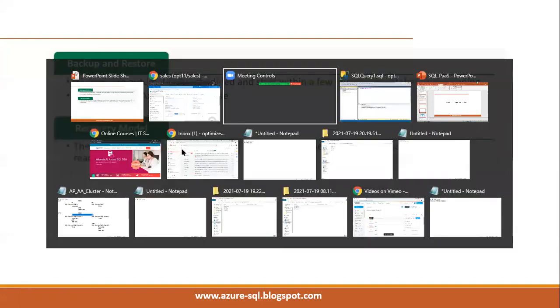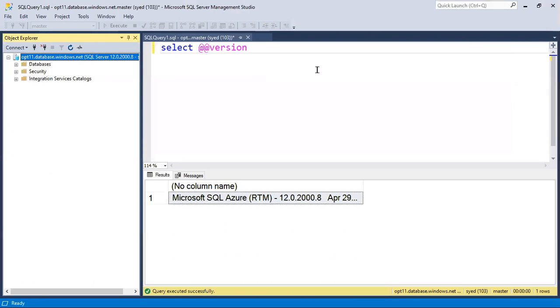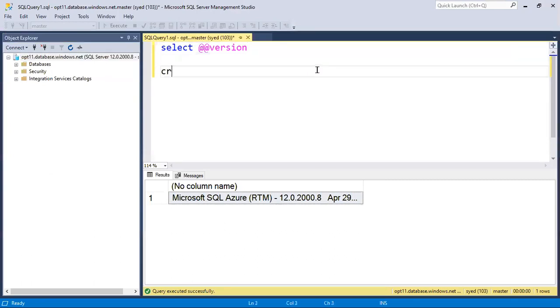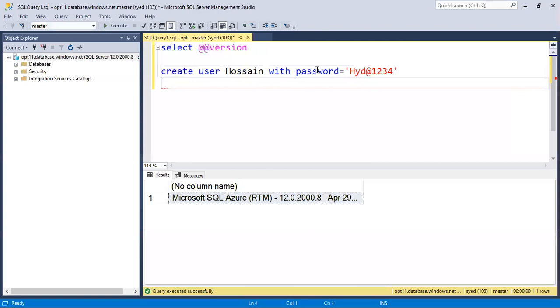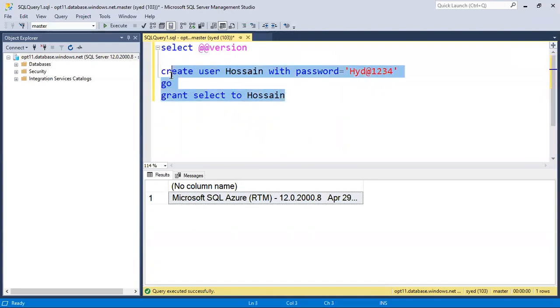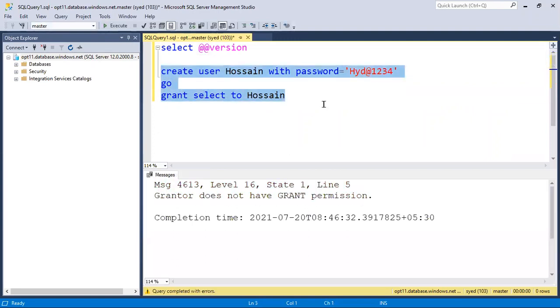For example, create a user with the password equal to some password, then grant permissions. Like this we can create a user with a password and grant the permissions.